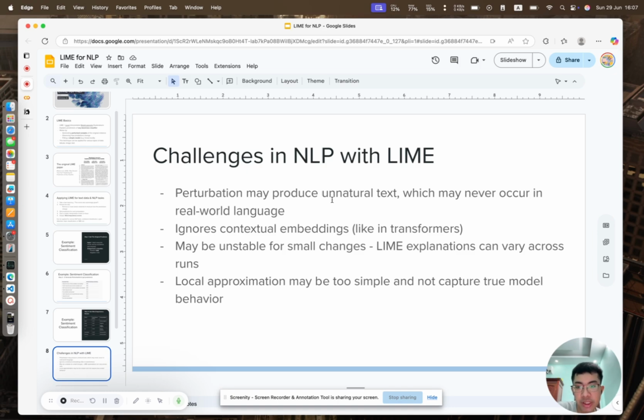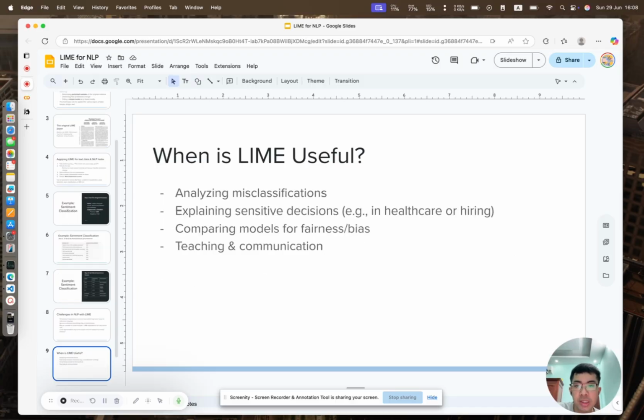Also, the LIME technique is very sensitive to small changes. In other words, the LIME explanations can vary significantly across runs. And finally, the local approximation with a linear model may be too simple and cannot capture the complex relationships in the true model behavior. Despite these drawbacks, LIME is still a very useful technique to have in our toolbox